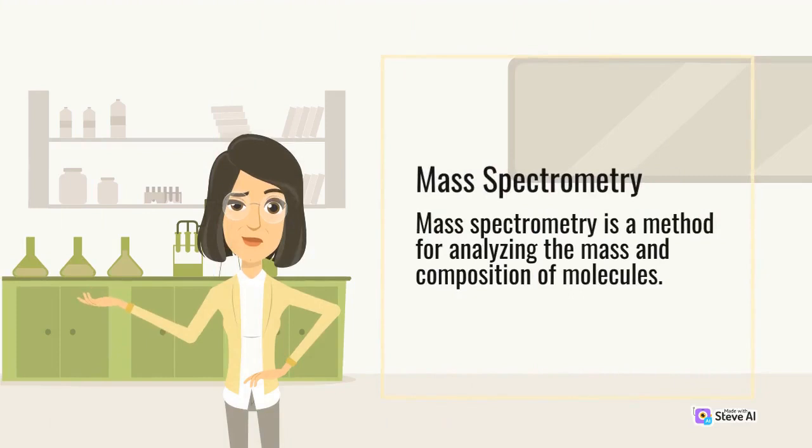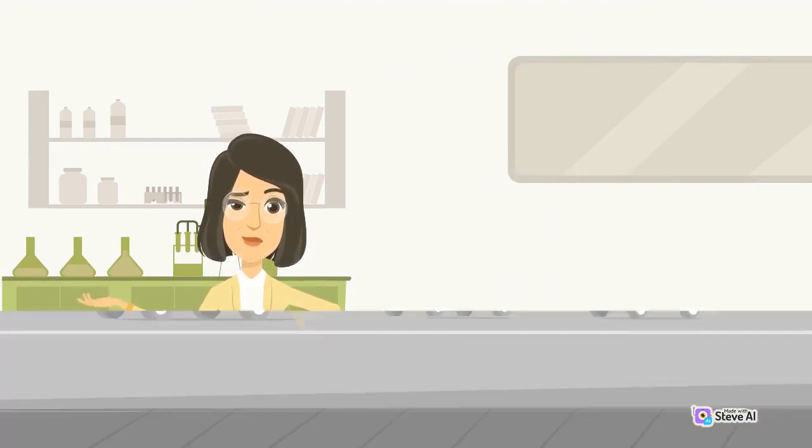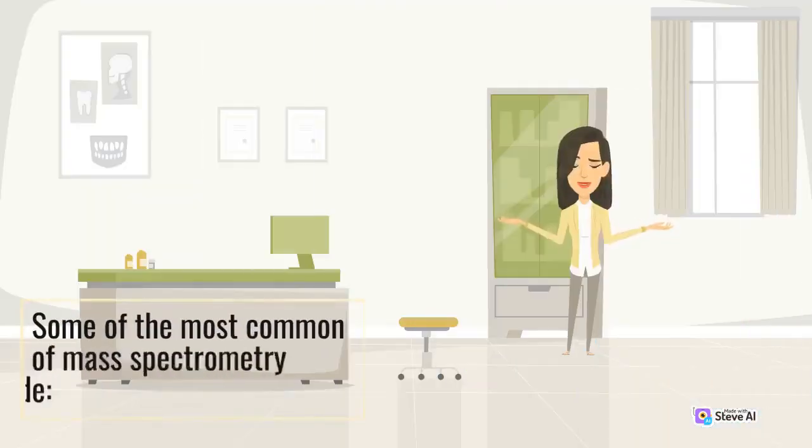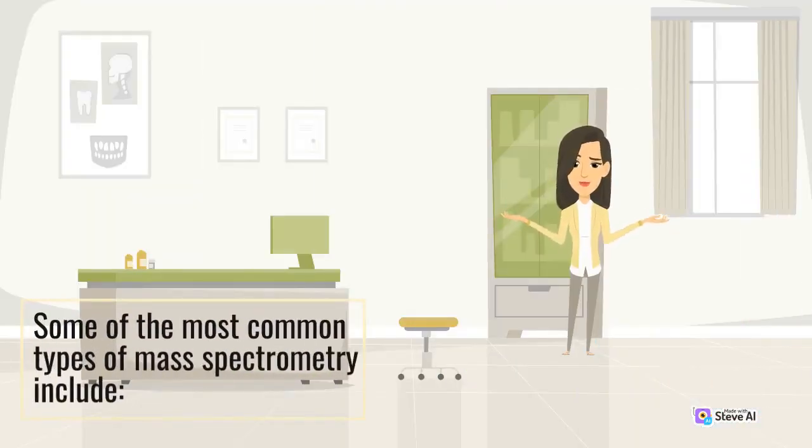Mass spectrometry. Mass spectrometry is a method for analyzing the mass and composition of molecules. This method works by ionizing a sample, which produces ions that are then separated based on their mass-to-charge ratio. Some of the most common types of mass spectrometry include